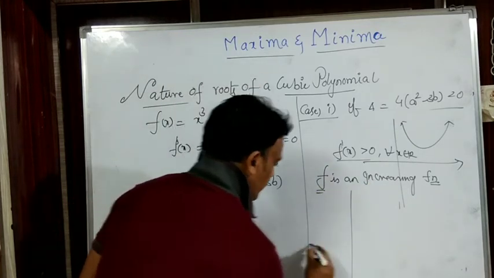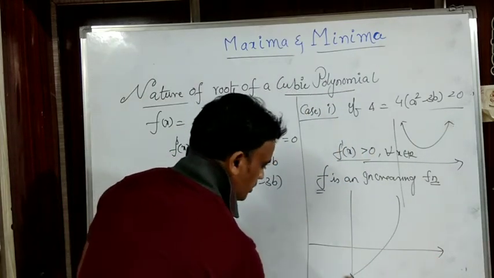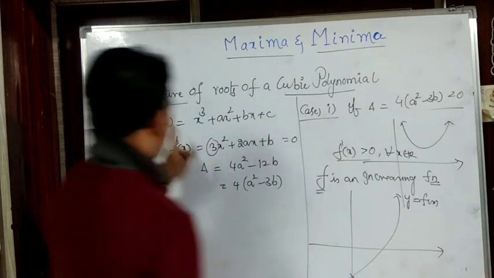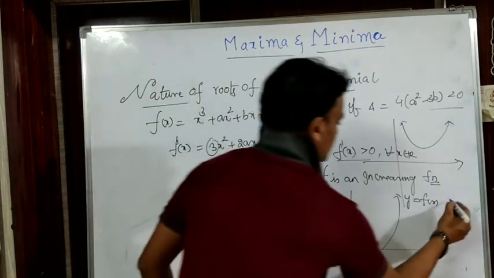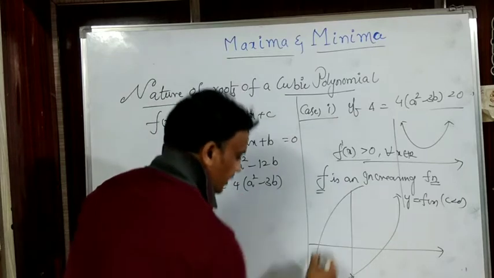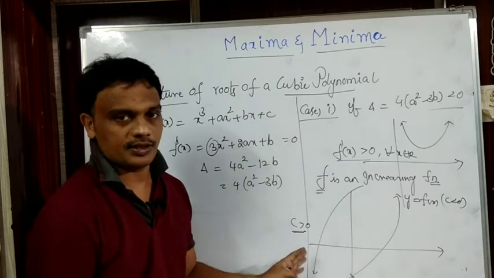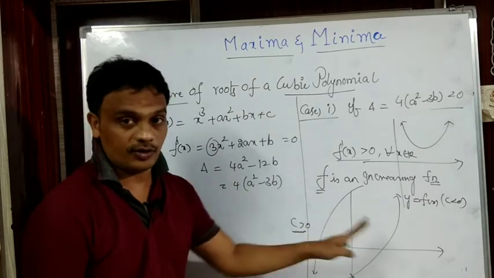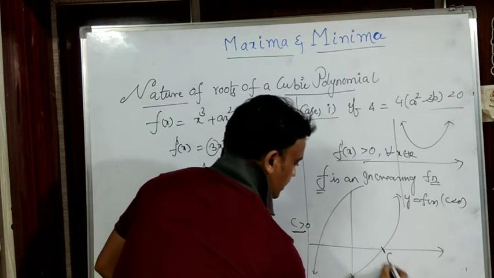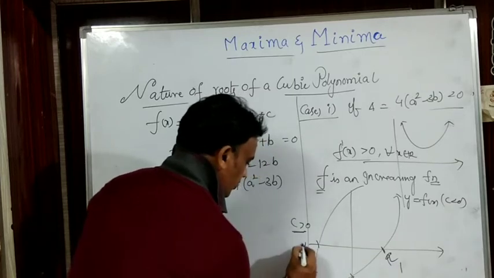Then the graph of f(x) will look like this. Suppose y = f(x), I mean this function. When c is less than 0, I'll get it like this. When c is greater than 0, I can get the graph like this. This is about the graph of f(x). That means where it intersects; in the two cases, let us take this as alpha 1 and this as alpha 2.